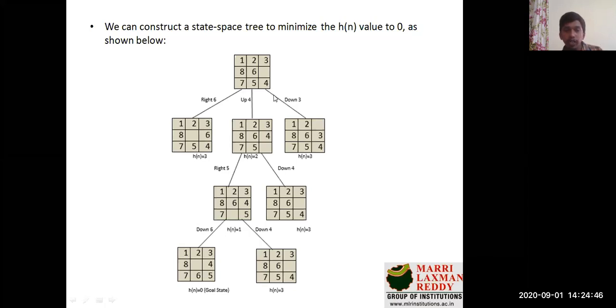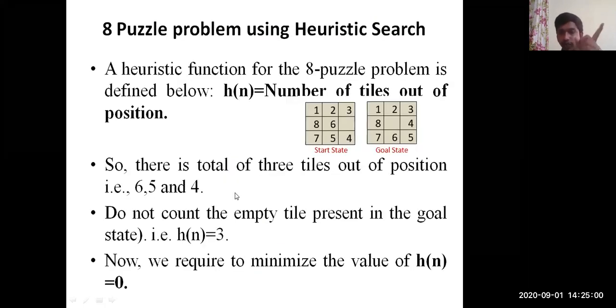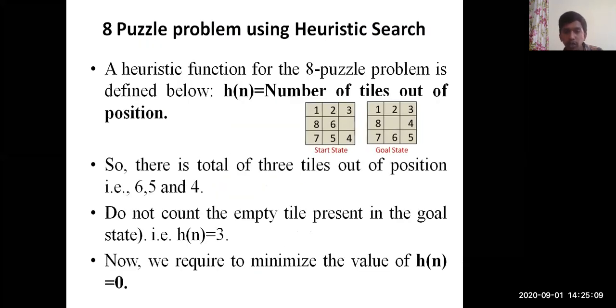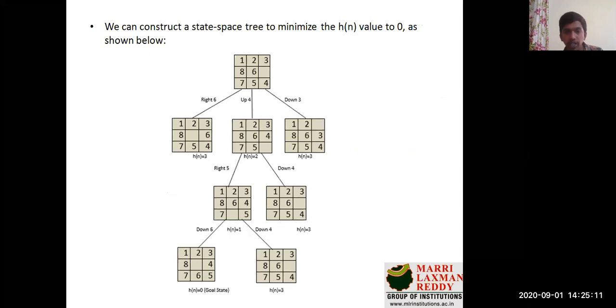Because we are having the value of h of n equal to 3, I have taken three moves here. You can see again that 1, 2, 3, 8, 7 are arranged. Going back to the previous slide, if I want to reach the goal state, I need to have 1, 2, 3, 8, 4, 7, 6, 5 as my structure. That is something equal to my second position. Here the numbers are arranged again in a different structure,